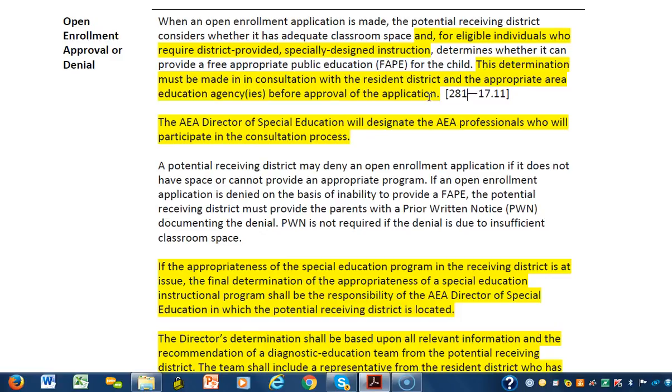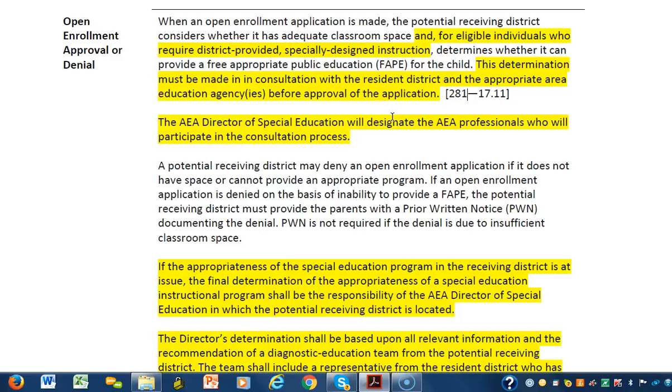I would note that a number of years ago, when the first two virtual schools were established in Iowa, there were some specific procedures put together, and it did specify that there needed to be this consultative type of a meeting involving the AEA and resident district, and that has been going on the last several years. But you can see now this is being deemed appropriate for all students. If they apply for open enrollment and they have a disability, there should be discussion of whether or not the receiving district can provide that program. So receiving district and AEA